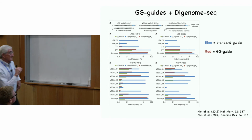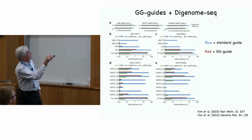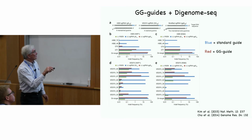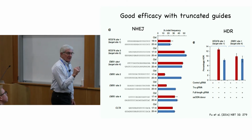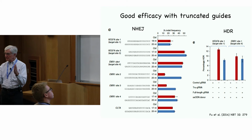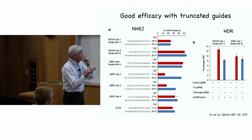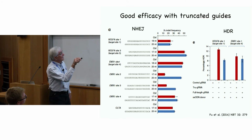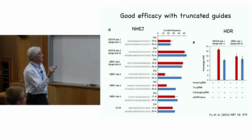Okay. Another thing that Jinsoo Kim found was that if you just put a couple of extra Gs on the 5' end of the guide RNA that don't match the target, it actually improves the specificity a little bit. And this is just data from his paper, and I can tell you in a minute why I think that works. And Keith Joung's lab said, well, what if we shorten the length of the guide sequence? We just take a single guide RNA, instead of making the match to the genome 20 base pairs, we make it 19 or 18 or 17. And it turns out for many of these guide RNAs, going to 17 or 18 base pairs doesn't reduce the indel frequency,